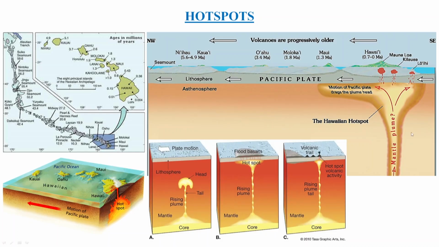So based on the age and the distance from the present position of the mantle plume, you can also calculate the velocity vector between these two. So you can have an idea about the plate motion if you simply use the